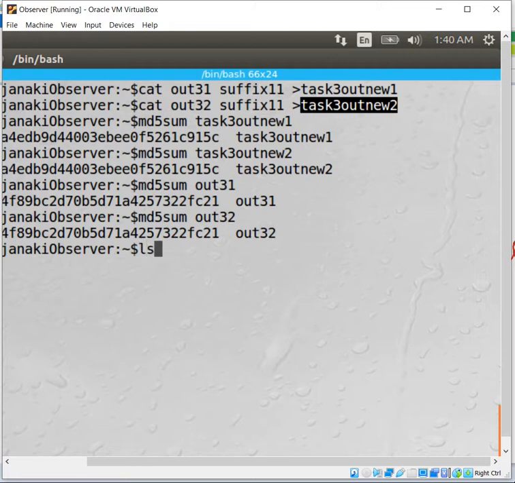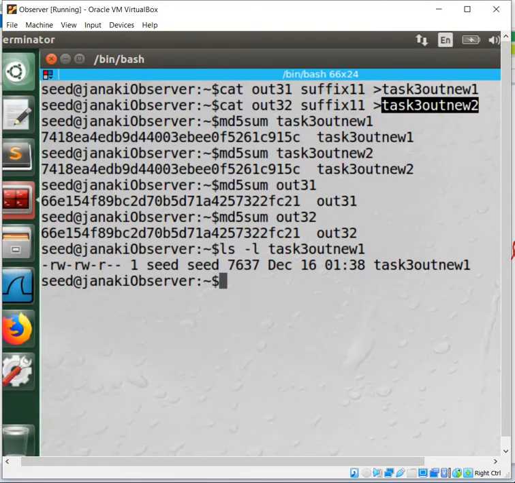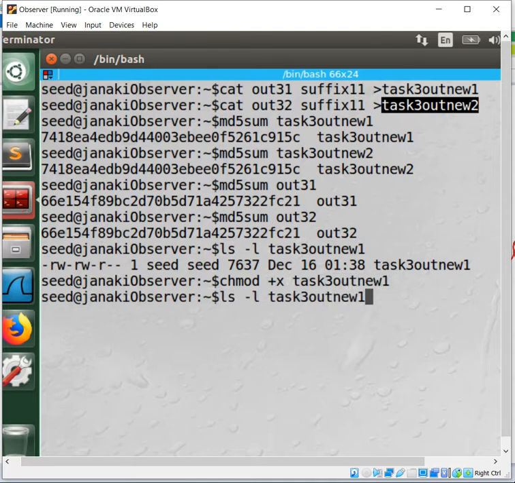So now what I am going to do is change the mode. If you type ls -l task3_out_new1, you see there is no X, it is not an executable file, so I want to make it an executable file. So change mode, we have done it in the first lab by adding X, on task3_out_new1.